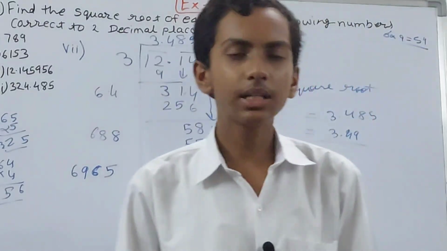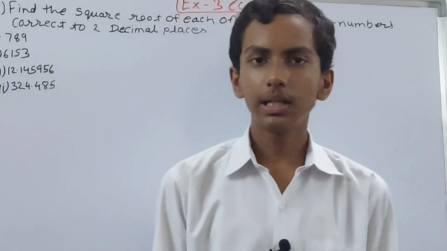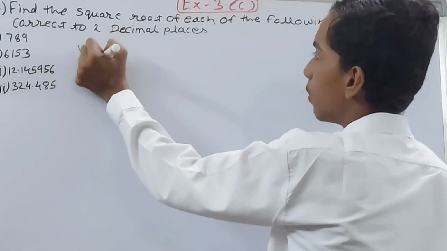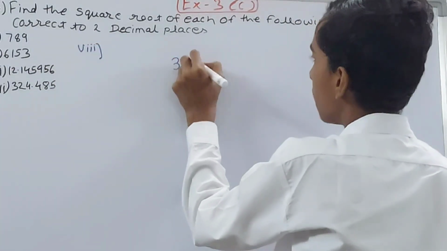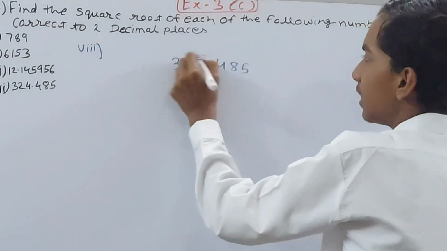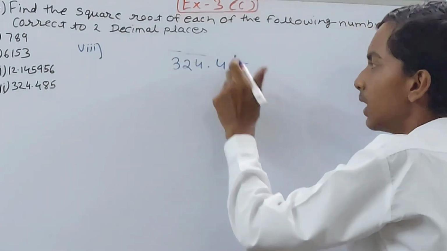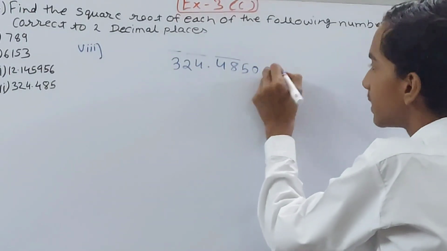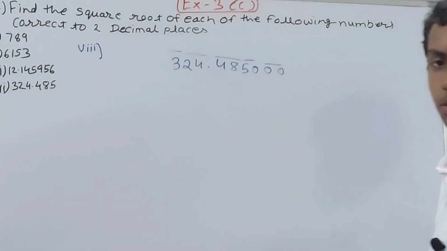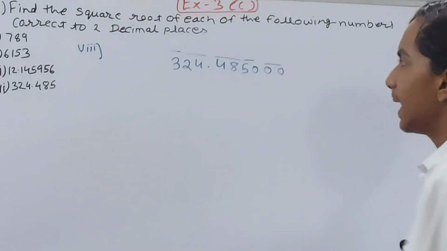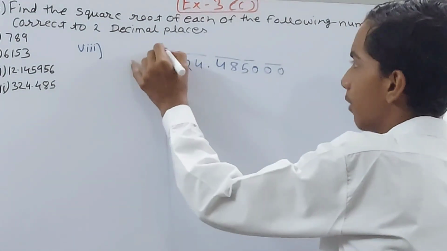Now let's move on to the next part. Let's see the next one. It is the 8th part, right? We have got what? 324.485. Again, make these pairs, but here you can see only one period is there. So I want 2 more periods, then I'll add 2 more zeros. So you can see all the pairs I've made, and now let's find the square root from the periods that